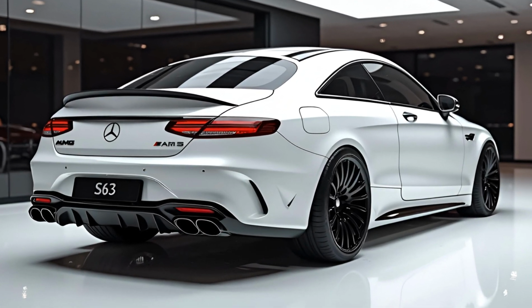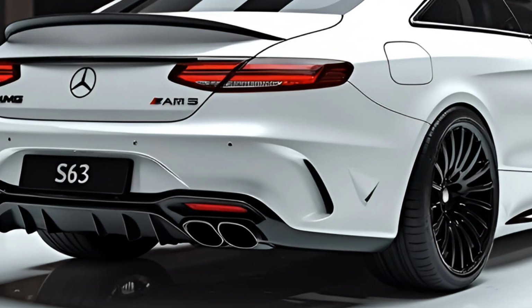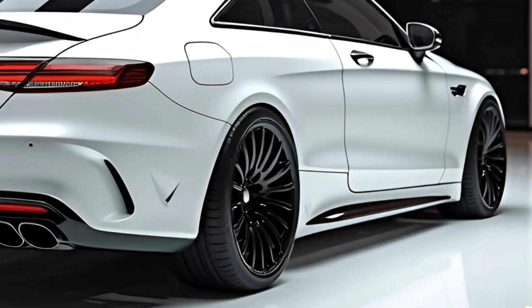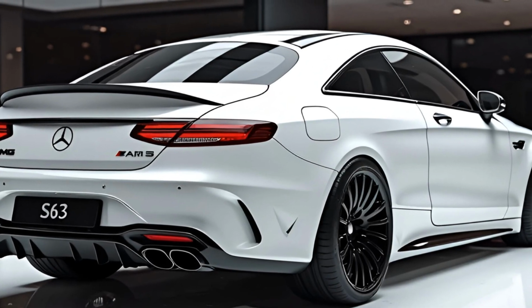Mercedes has also equipped the 2026 S63 AMG with a full suite of safety and driver assistance systems, from adaptive cruise control, lane keep assist, and automatic emergency braking to semi-autonomous driving capabilities. The car is not just fast and luxurious, but incredibly smart and safe. When it comes to pricing,